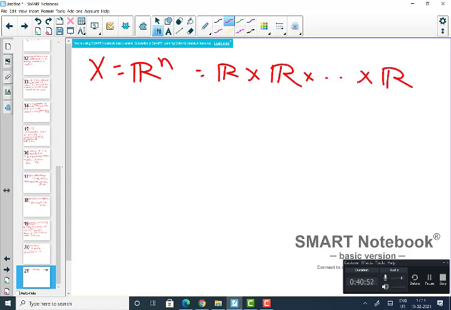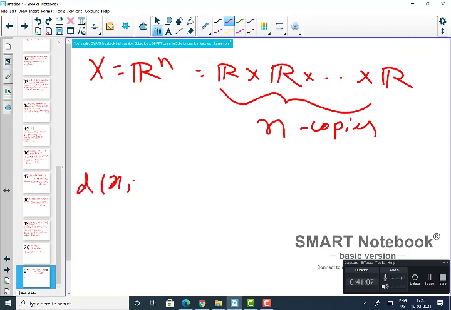Then you can do a similar process. Here obviously you have the norm, and you know how to define the usual Euclidean metric. That is nothing but